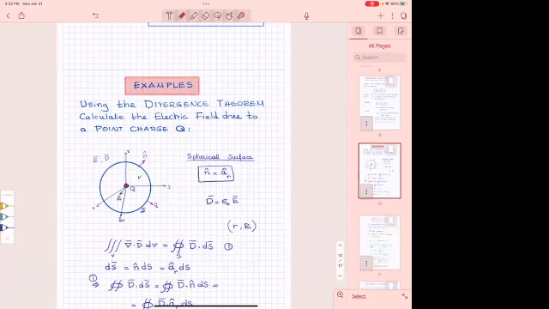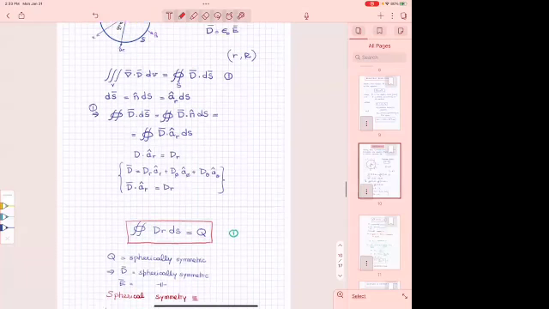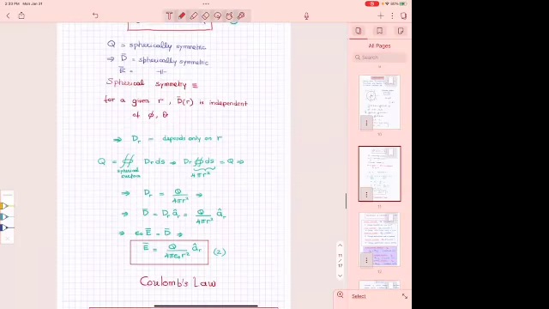If a source is an infinitely long wire, your volume can be the volume of a cylinder. Okay, so you can apply those. So you select the volume, and then you follow the steps that I follow. You apply Gauss's law and the divergence theorem, and then you get the expression for the electric field. So in this particular case,